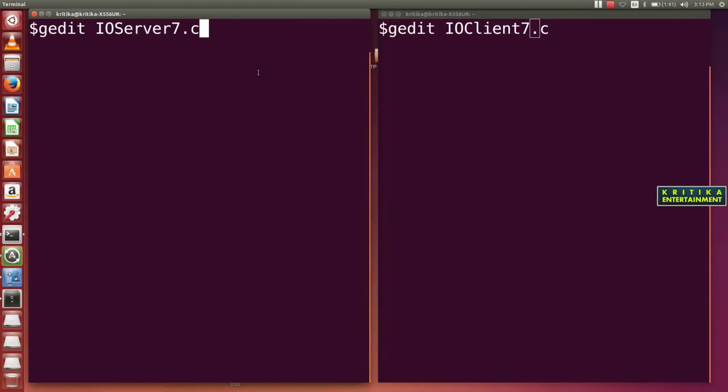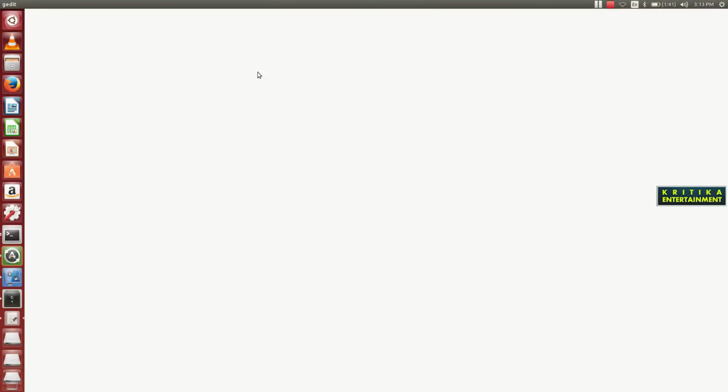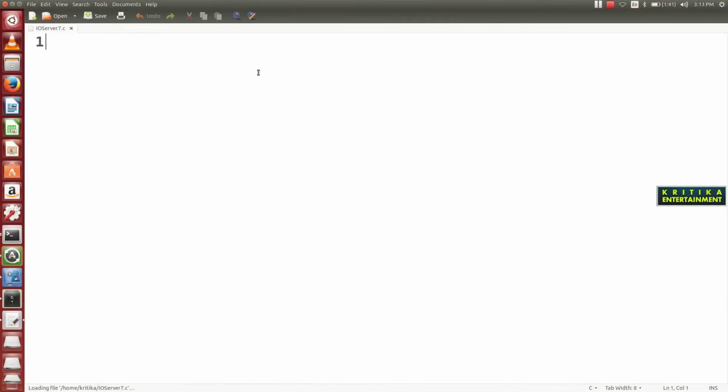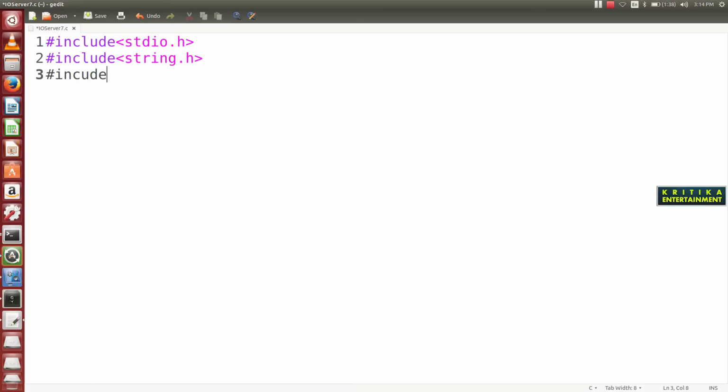So here first I will open it. Okay, yes, it is open. Here I write #include <stdio.h>, then #include <string.h>, then #include <stdlib.h>. These three are the C library headers.